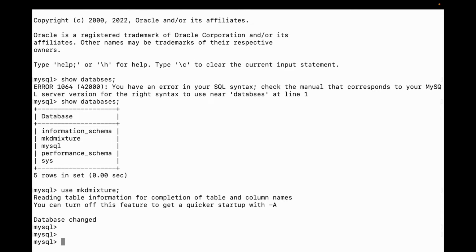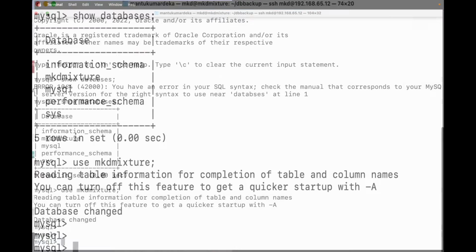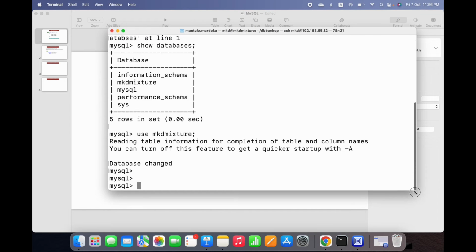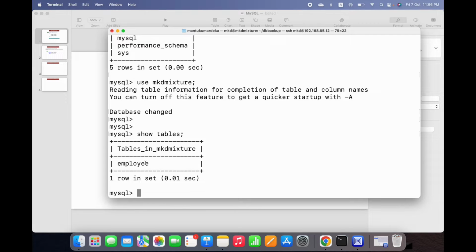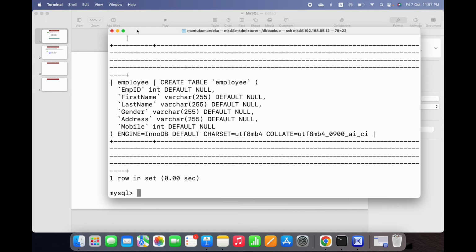Okay, let me do one thing. Let me show you the table. We have the employee table already existing here. Let me show the DDL. This is the command to show the DDL. So create table, the database name and the table name. Okay, so you can see the DDL is